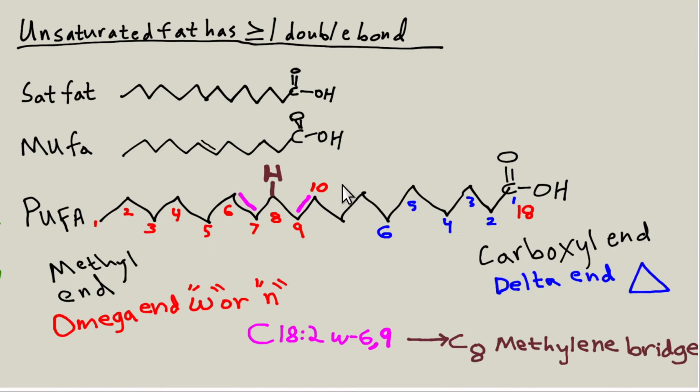Here's a couple different types of fatty acids. Here's a MUFA, monounsaturated. Unsaturation means a double bond, one double bond. And the classic MUFA is olive oil. Saturated fat, the classic thing to know about that is it mostly comes from animal foods. PUFA is polyunsaturated fatty acid, and there are two main categories of them, and these are the two main essential